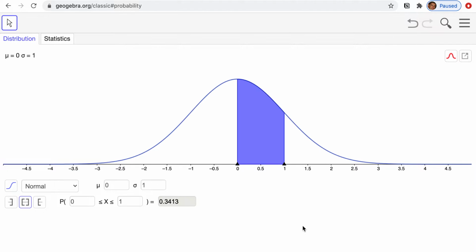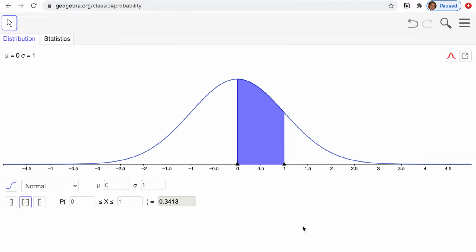The goal is to go over the normal distribution on GeoGebra. Just like many other things, this is available on our graphing calculator, but this function is much easier to work with, especially if you have a computer or cell phone handy. So just like everything else, we hope to embed this on the website if possible, but you can go to